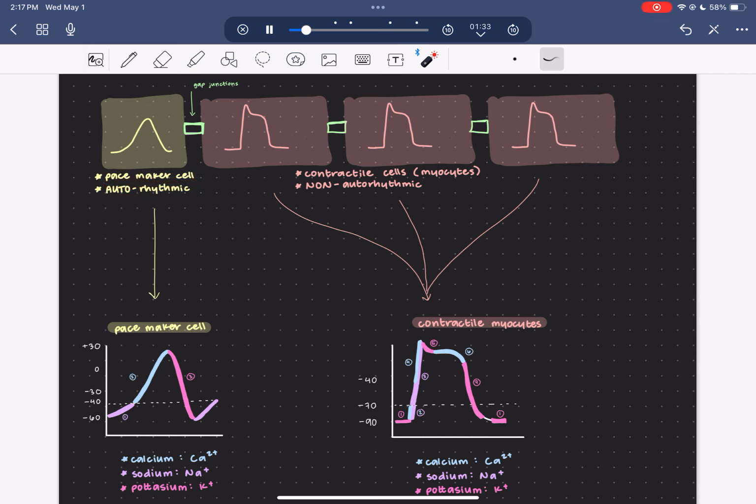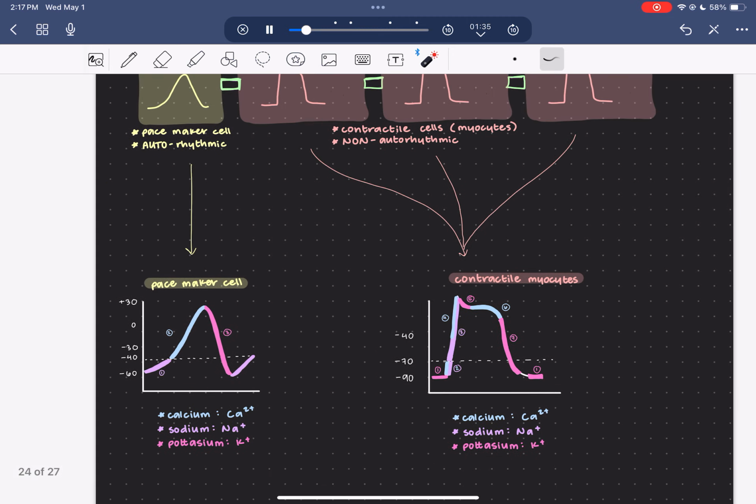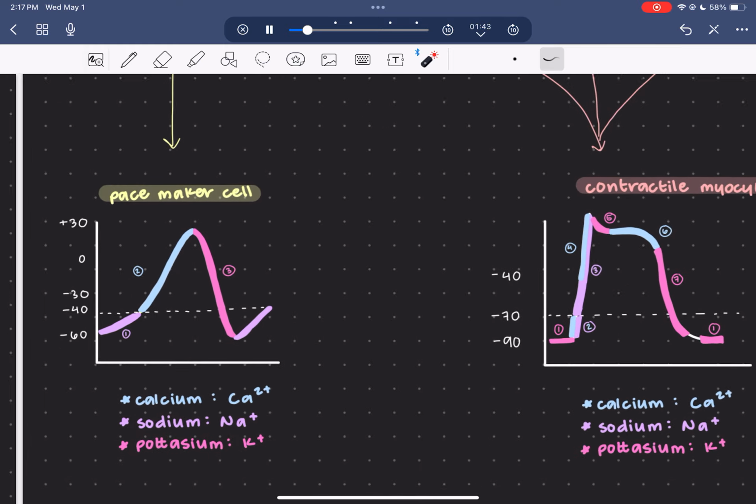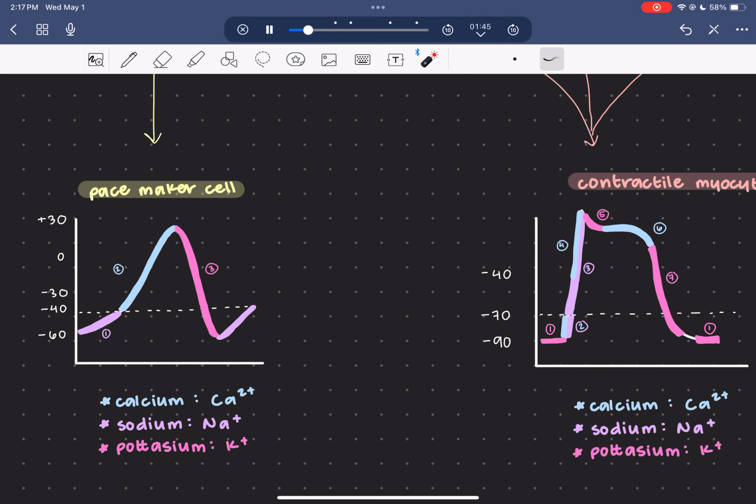The pacemaker cell is autorhythmic, and so we're going to see this at the SA node, which is the primary pacemaker. Within this little graph that we have going on here, we have calcium in the blue, sodium is purple, and potassium is pink. So these are our three major ions that are used within